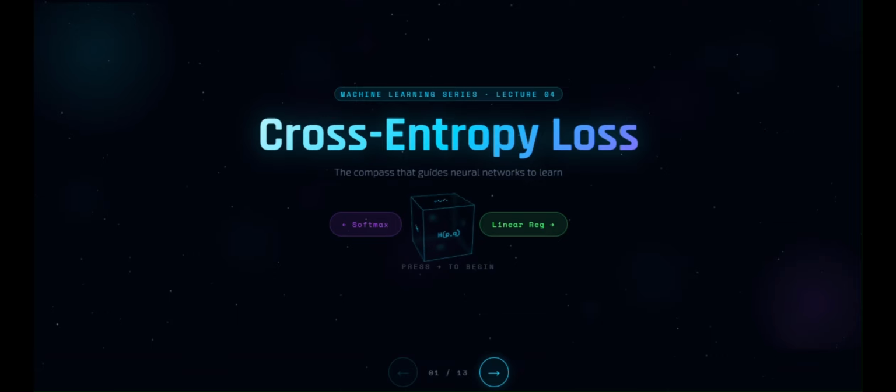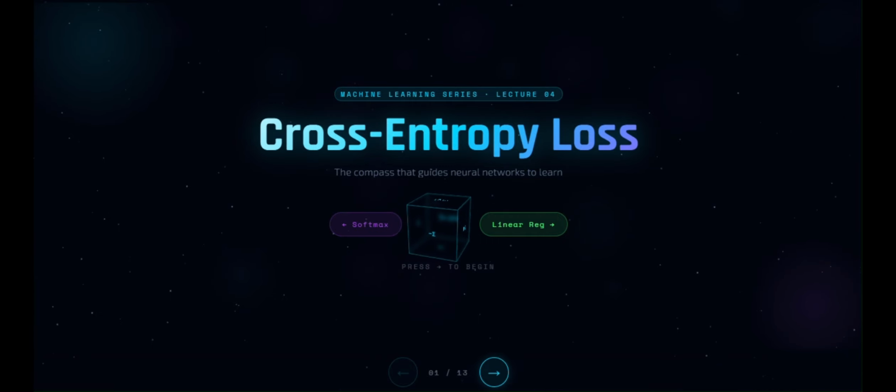So far we have learned how neural networks generate outputs using activations and softmax. But here's the big question. How does the model actually know it made a mistake? How does AI learn from being wrong? That's exactly what we are going to understand today with one of the most important concepts in deep learning, which